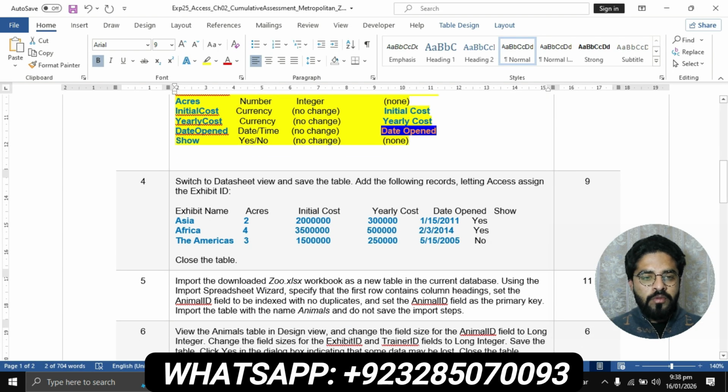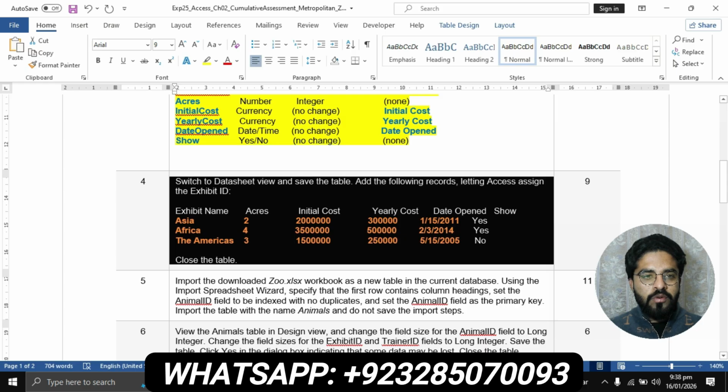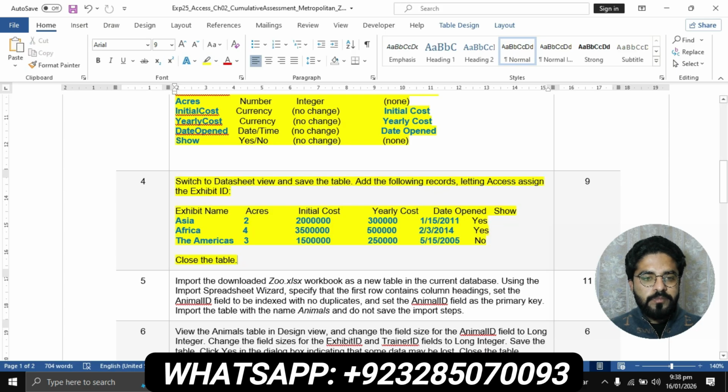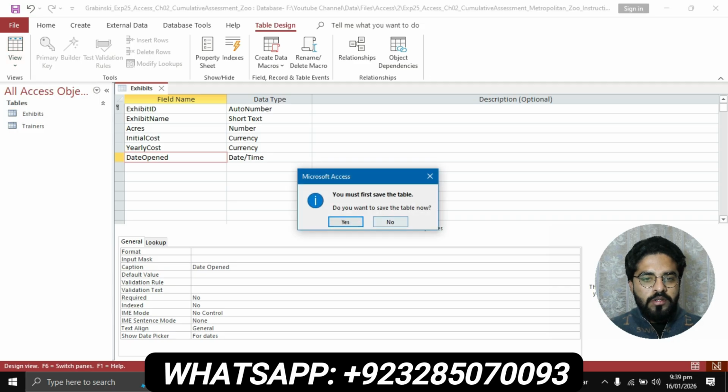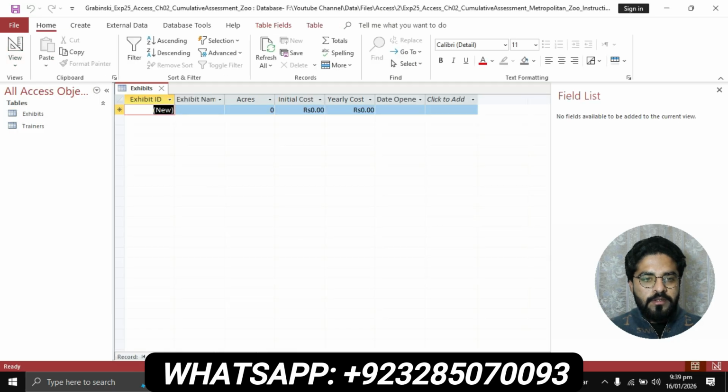Now we will move to the next question, question number 4. Question number 4 is switch to datasheet view and save the table. Add the following records, letting Access assign the exhibit ID. First part is switch to datasheet view and save the table. Then go to the table design tab, then go to the views, then click on this button to go to the datasheet view. We will have to save this table